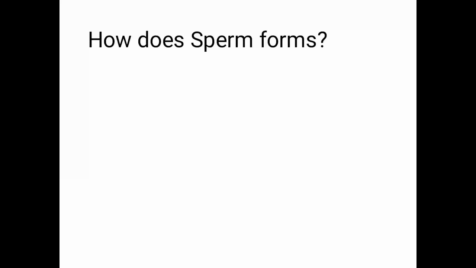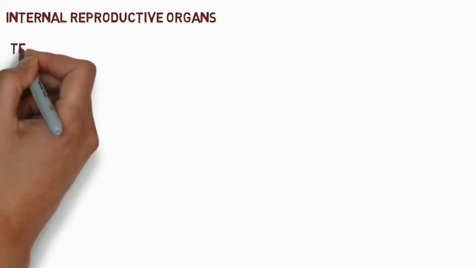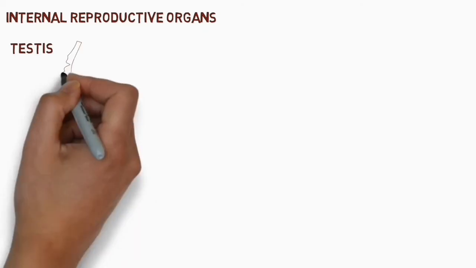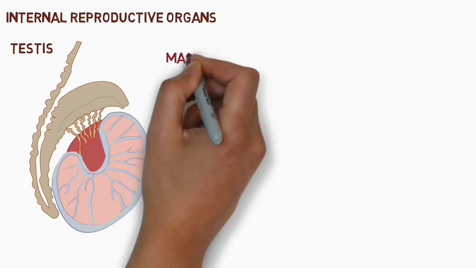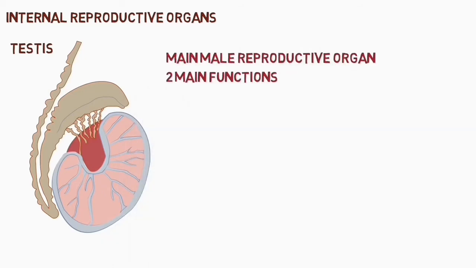Internal reproductive organs of male. The first internal organ that will be discussed is the testes. The main male reproductive organ that has two main functions. First is to produce male gametes of sperm, and the second is to produce the male reproductive hormone, which is